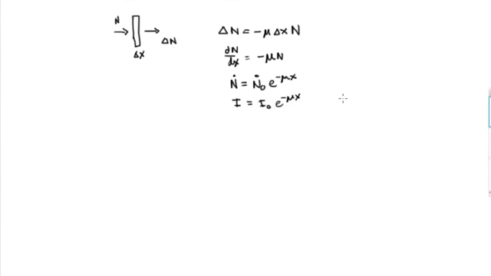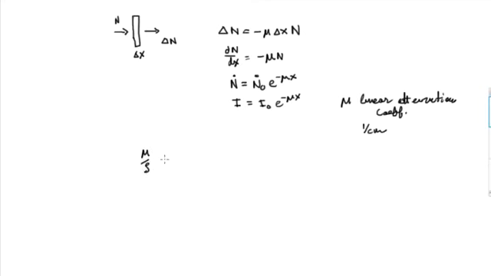So this mu value is called the linear attenuation coefficient. It has units of 1 over centimeters, and you can look it up. Now, we don't usually talk about the linear attenuation coefficient. We want something that's intrinsic, that doesn't depend on how much material you actually have present. So we usually talk about this value,